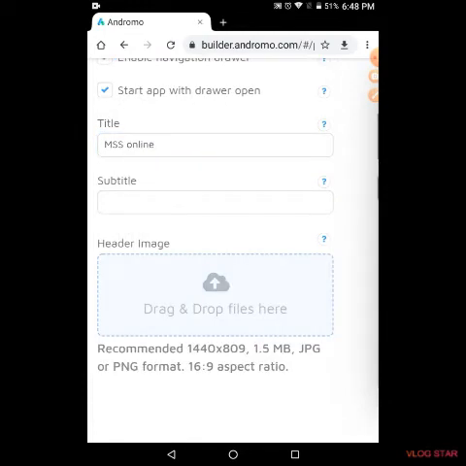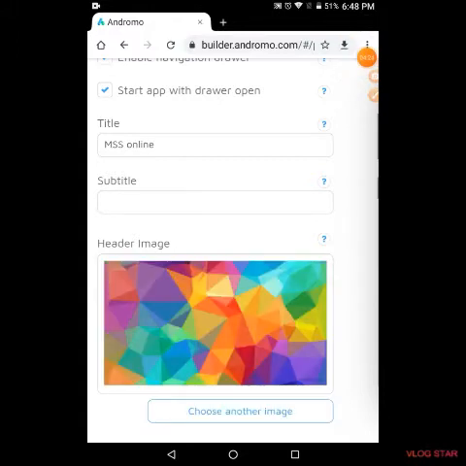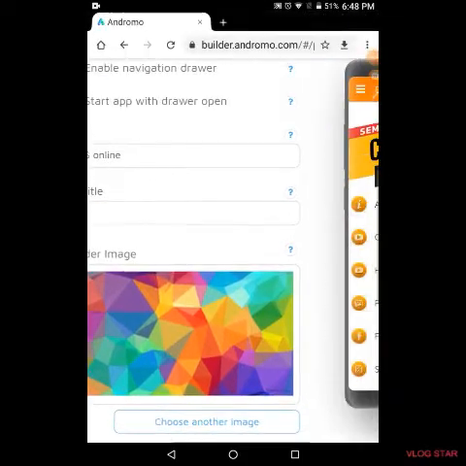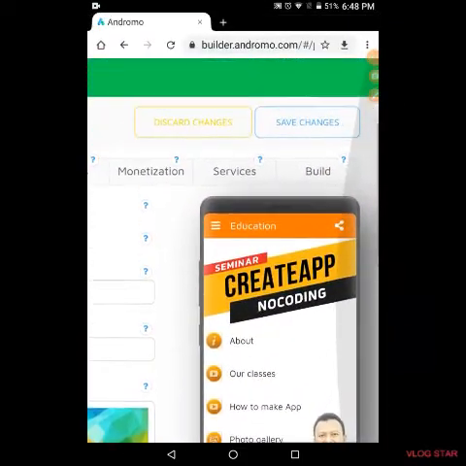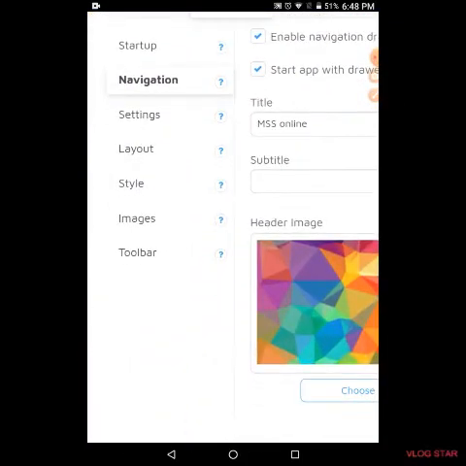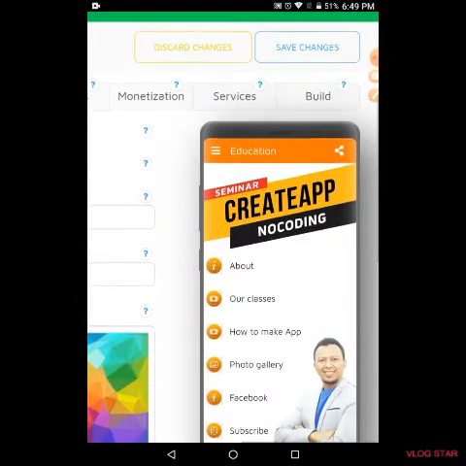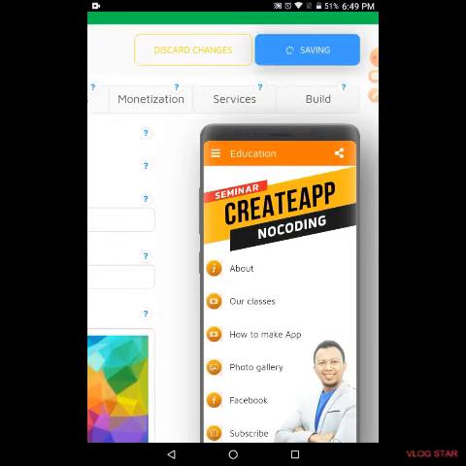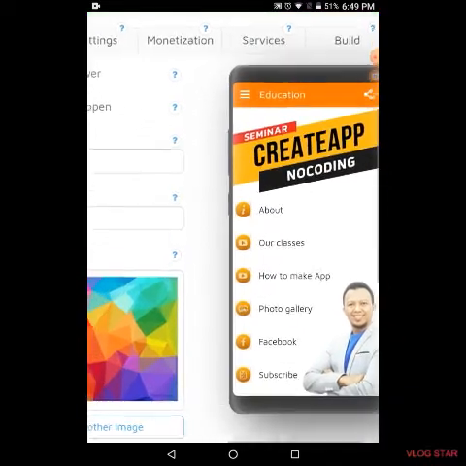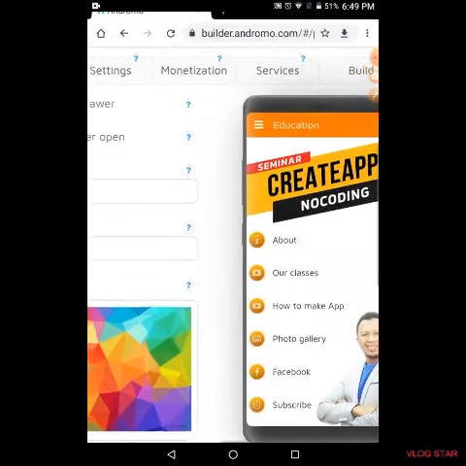You can change the header image by clicking on choose another image and then click on drag or drop files. Then click on save.